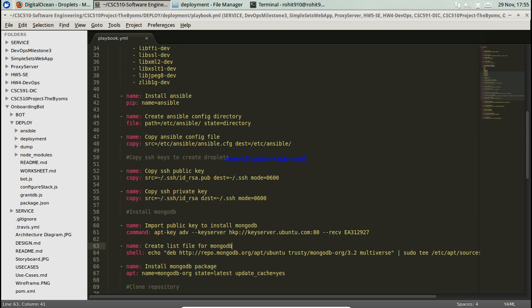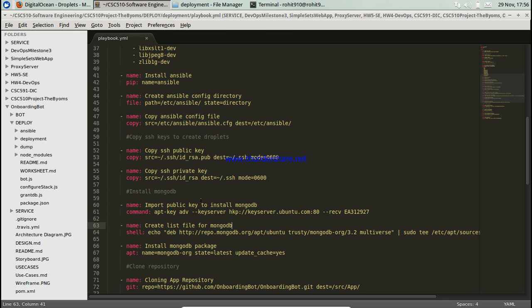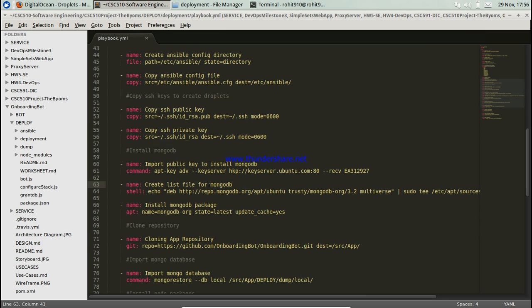Then I copy my SSH keys to the droplet, so that the remote server is able to create more instances, as that is also one of our use cases, and also able to SSH onto the